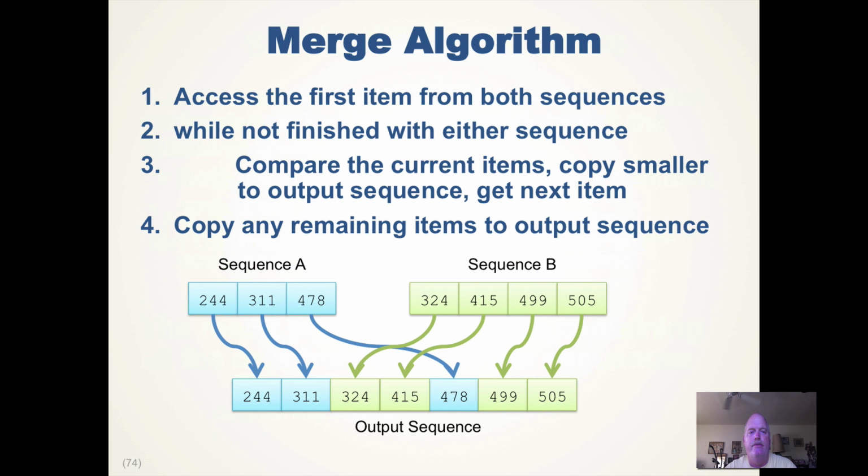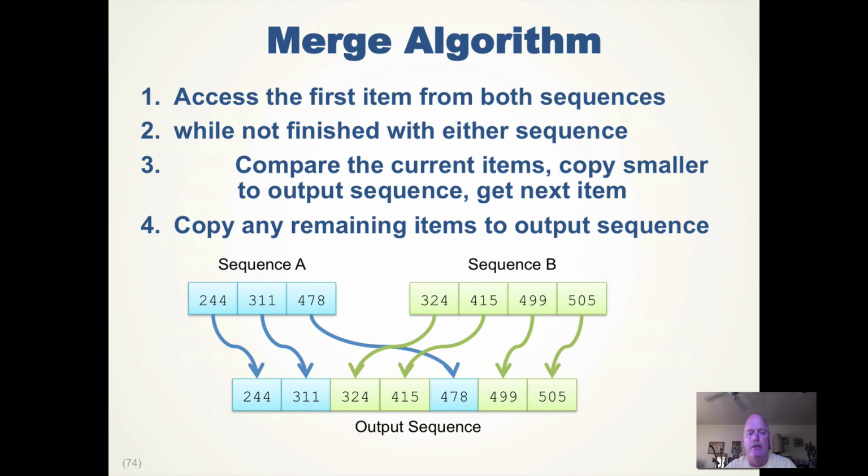So what's the algorithm for merge? You access the first item in both sequences, left and right, and then while you haven't finished either sequence, you compare the current items, copy the smaller of the two to the output sequence, and then get the next item in the sequence that we used to copy. Once we have finished one of the two sequences, we then just copy the rest of the other sequence